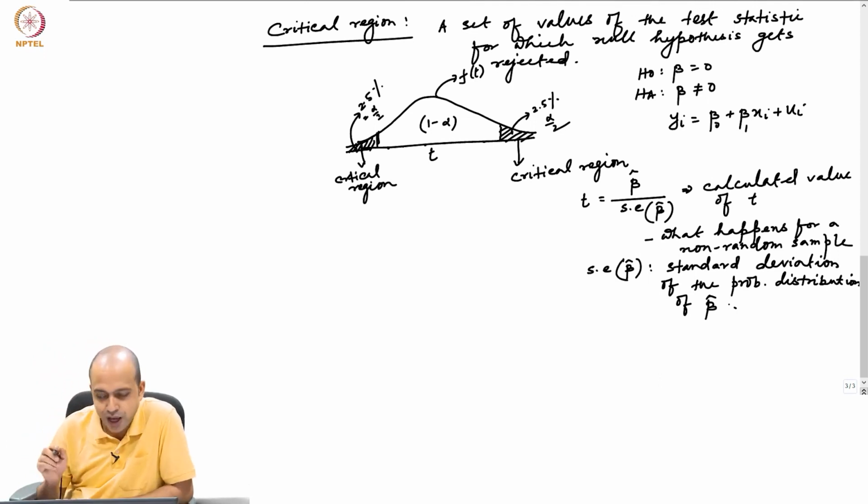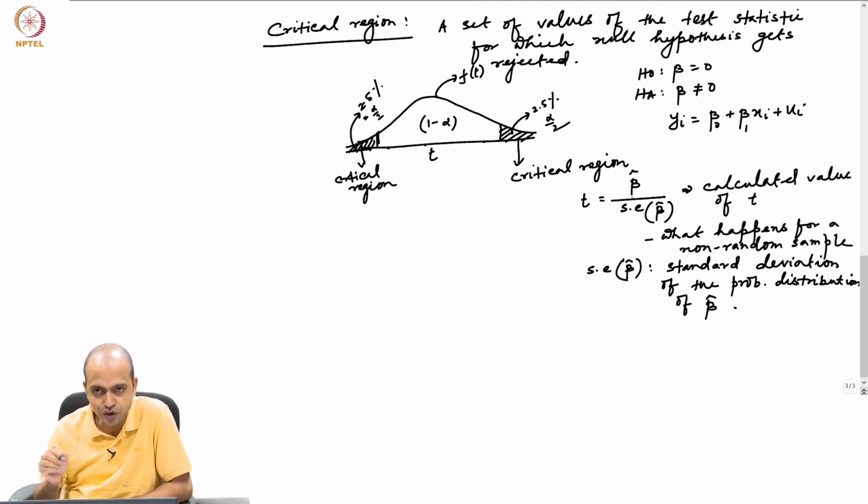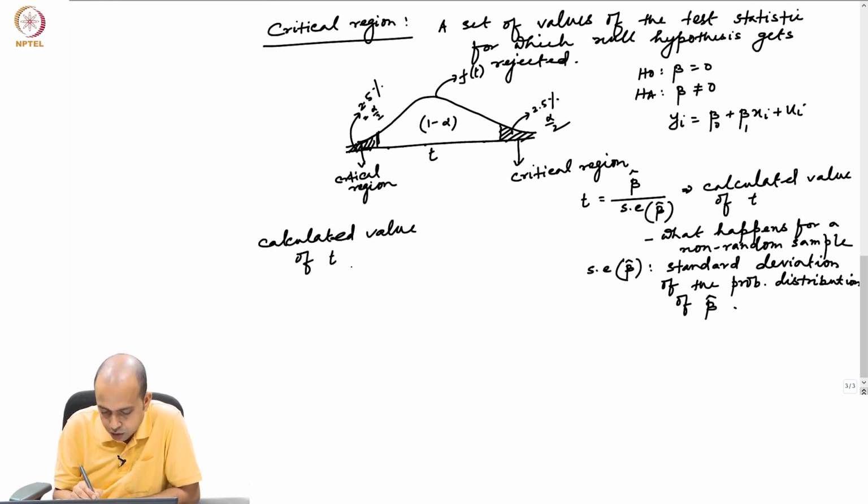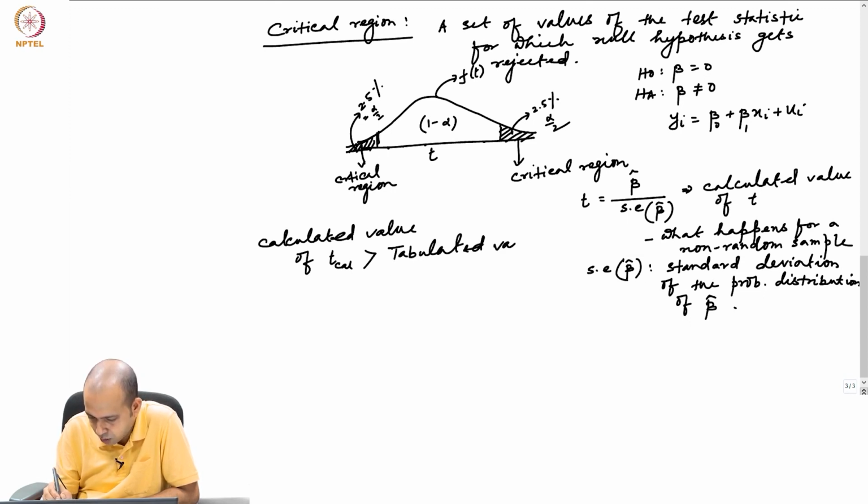Now, if your calculated value of the t statistic so defined, let us say this is called t cal, is actually greater than the tabulated value of t